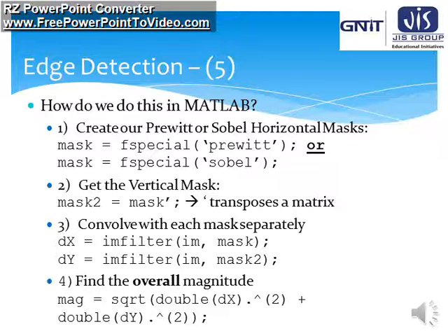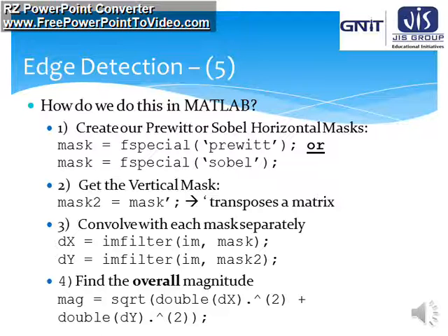So convolve with each mask separately. dx equals imfilter(im, mask), dy equals imfilter(im, mask2). Find the overall magnitude. mag equals sqrt(double(dx)^2 plus double(dy)^2).